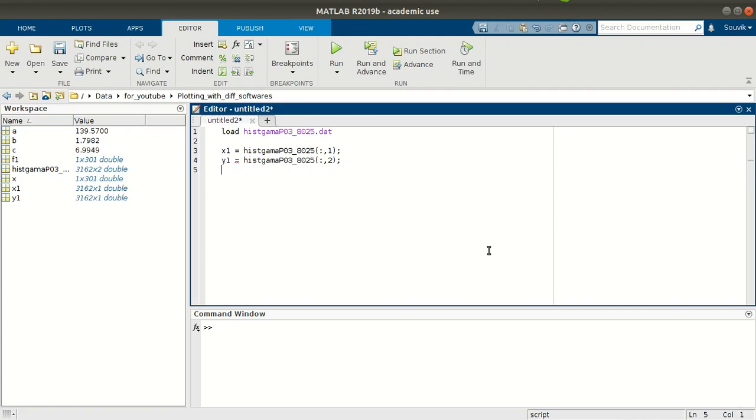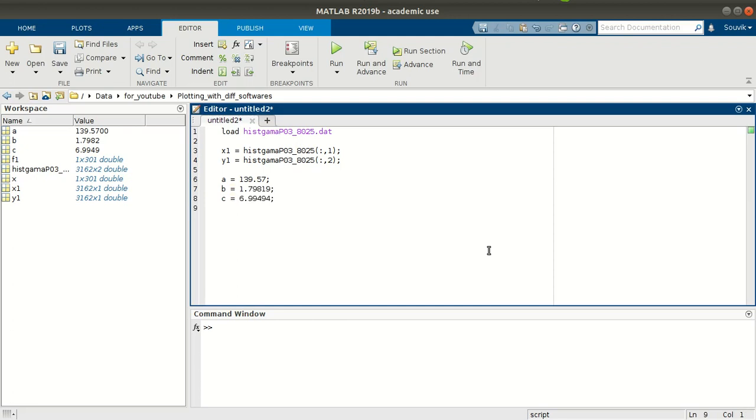Now I will define the values of A, B, C for the function, which is 139.57. I will keep the same values because I will compare the plots at the end. So A is 139.57, B is 819, and C will be equal to 6.99494.